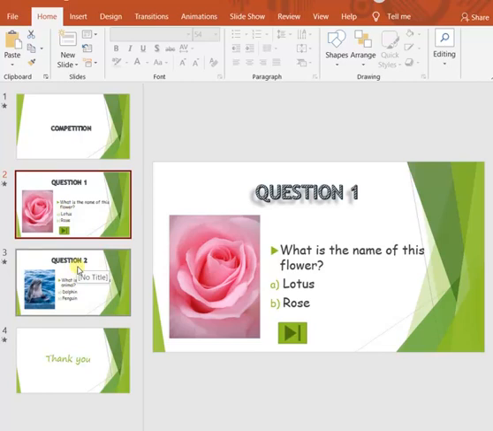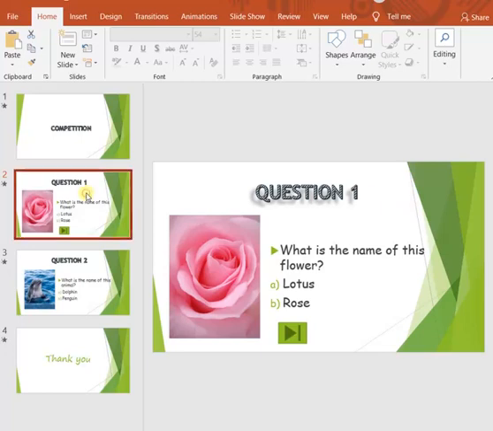Suppose there are 20 questions, one slide for each question, so there should be 20 slides. If you want to put common information on all these 20 slides, then you have to visit each slide separately and make changes to it. The same thing you have to do in all the 20 slides. That will take time and be tiresome. For that reason, Slide Master will help you to put that common information.